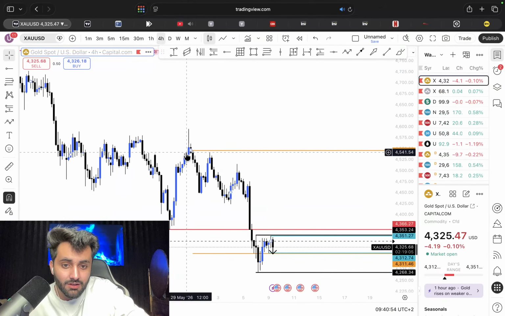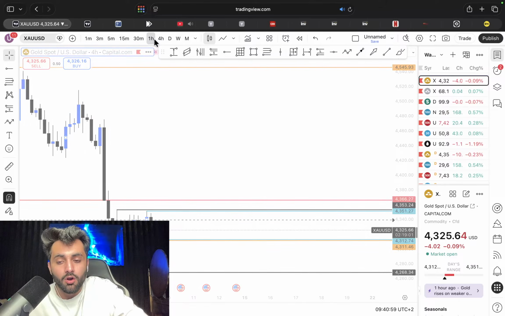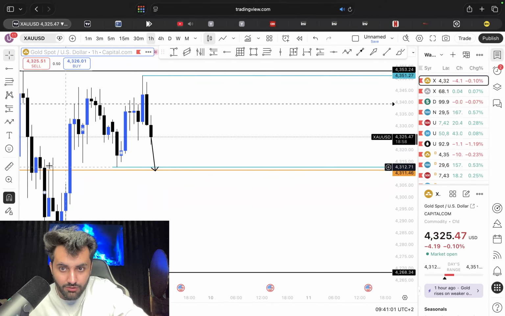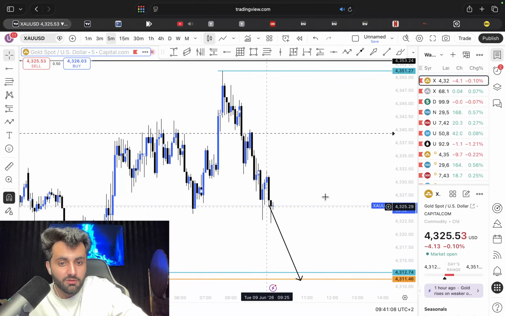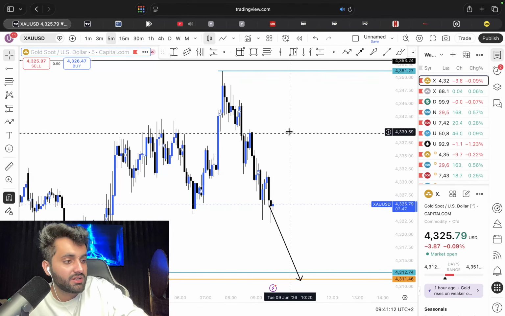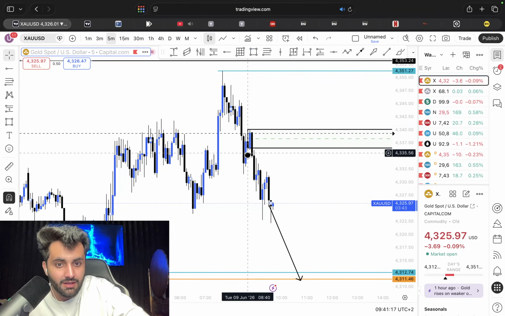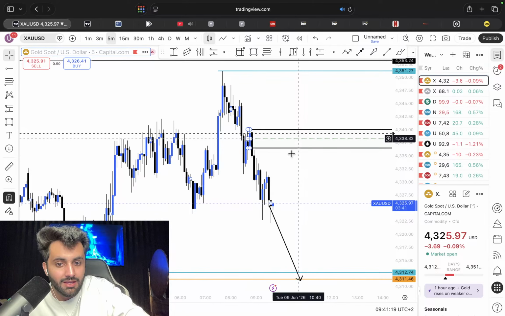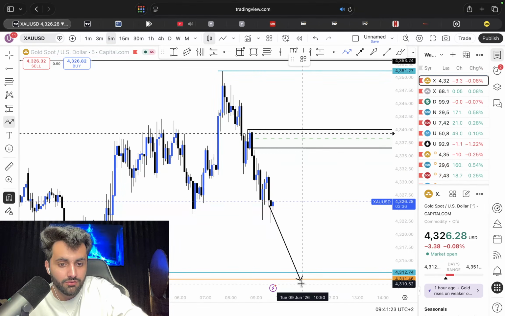Not just that, on the 4 hour, this will also be a 4 hour sweep. On the 1 hour, this will also be a 1 hour sweep, because these are also stacked up lows. So if we come down till here straight without retracing up, without retracing to this zone right here, let me mark it for you guys. If market does not come up to the zone, if it just keeps falling straight, and then if I get a break of structure out of this zone like this,